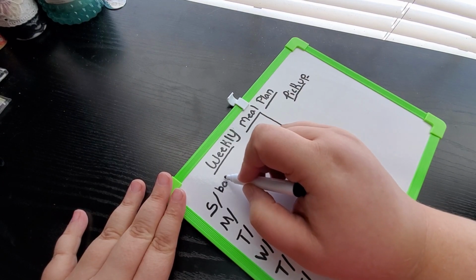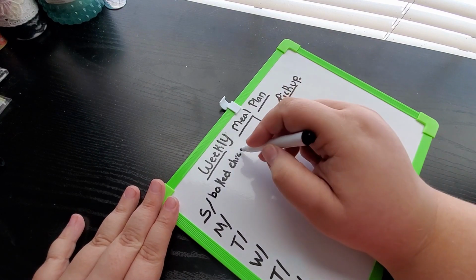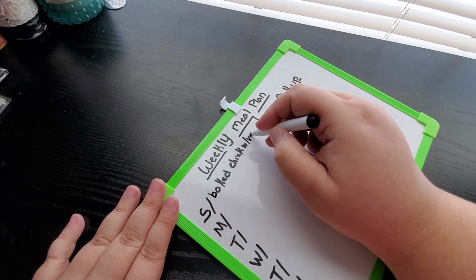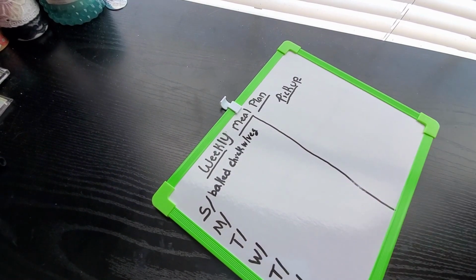I always forget how to spell baked. I always wonder, is it a C? I'm going to put baked chicken with veg. And then out of this, I'm actually making a whole lot more chicken than we'll actually eat, because